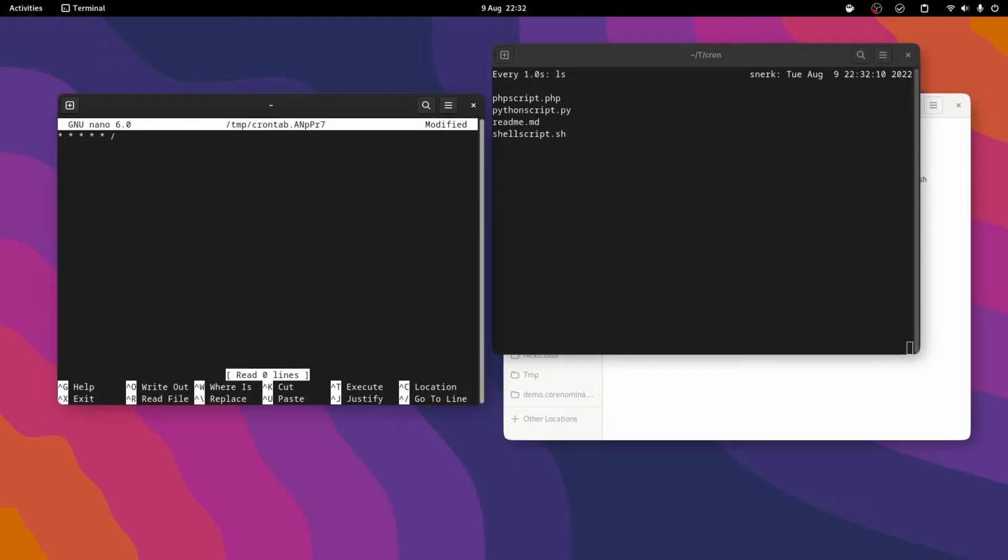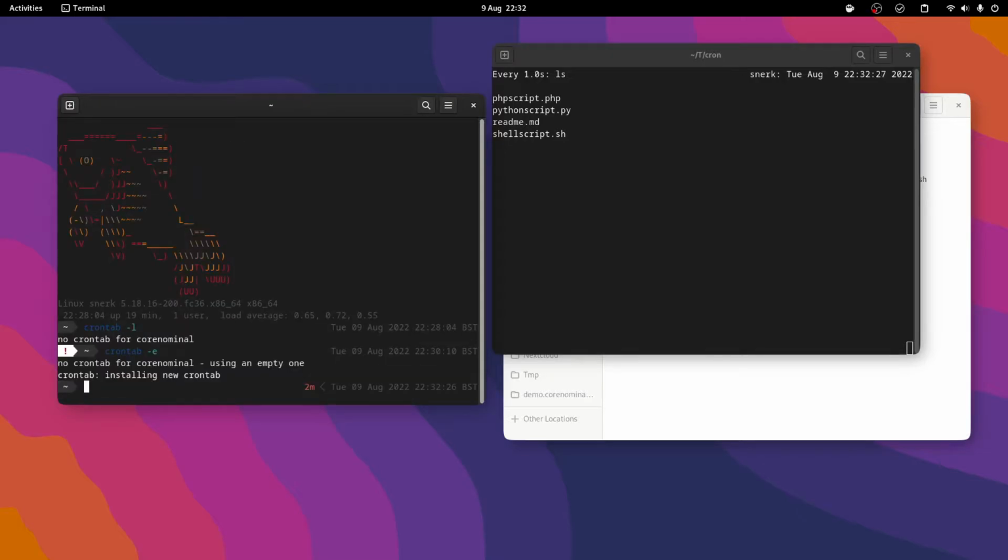So next I want to put in the path to the shell script, temp cron shell script .sh, come out of that. And now that should run in about 30 seconds, which gives us just enough time to show